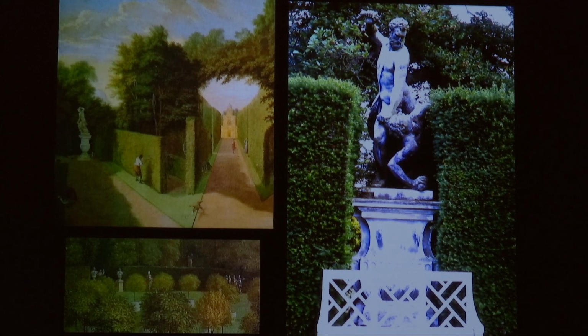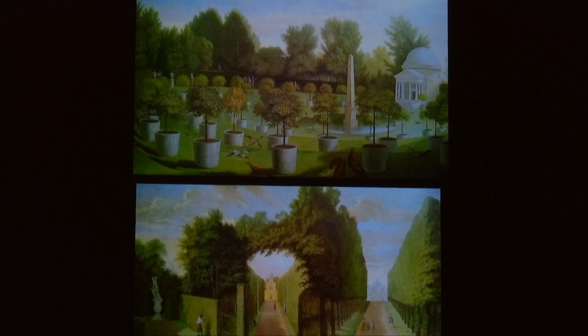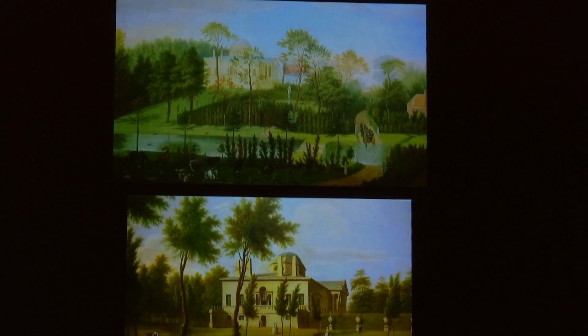If we just compare Rijsbraek's paintings of the garden, these are Peter Rijsbraek paintings of the garden with the sculpture up here and here in full. The upper is Peter Rijsbraek, 1729, the lower is George Lambert, 1742. And what I ask you to consider there is how the garden has been transformed more, how the sculpture becomes